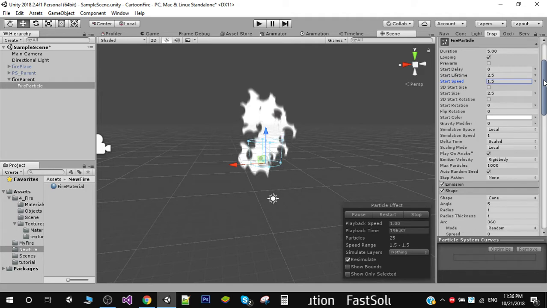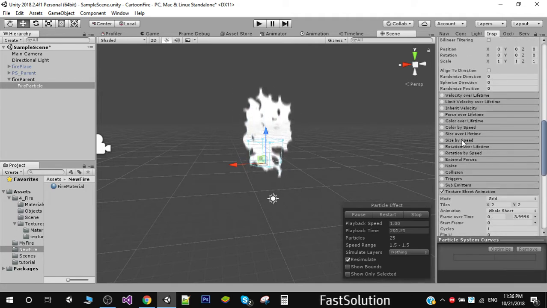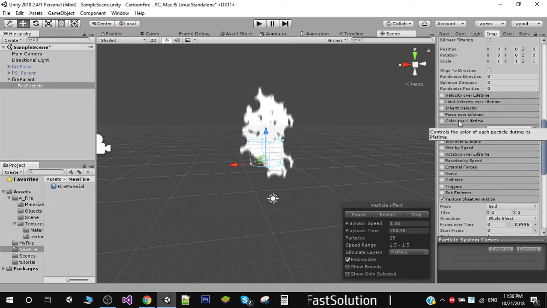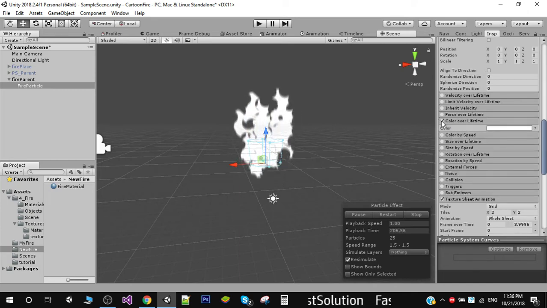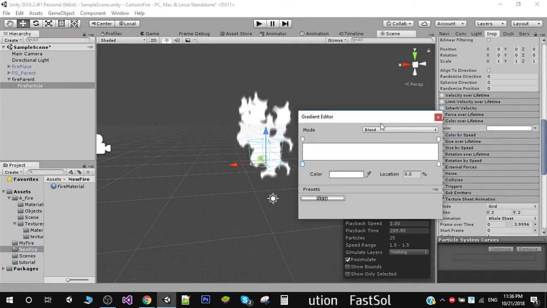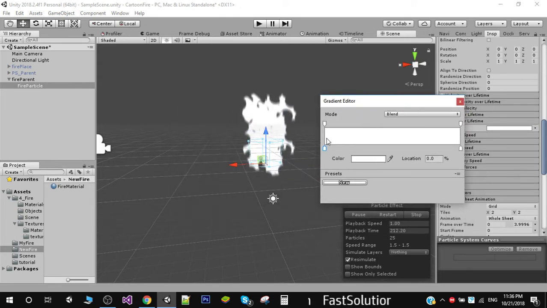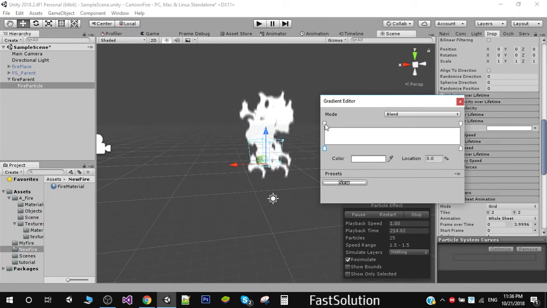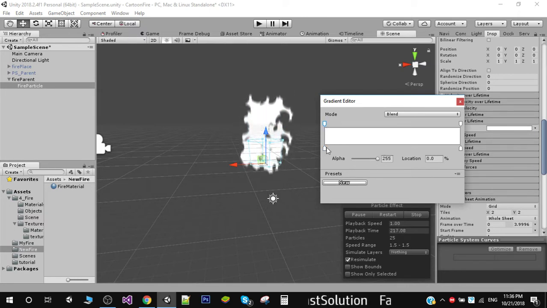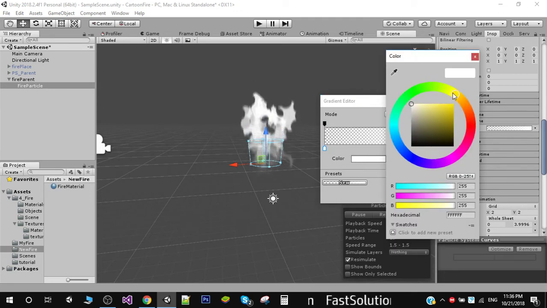Now the most important thing here is color over lifetime. So here is color over lifetime. I'm going to click on it to enable it, and I'm going to click on this color, so you will get this window. So first I want to make it transparent from the beginning, and I will put start color to